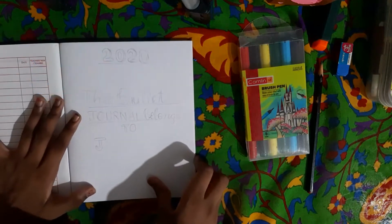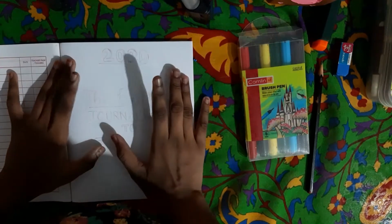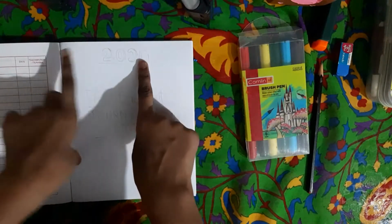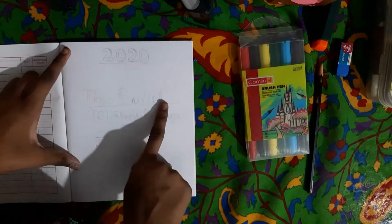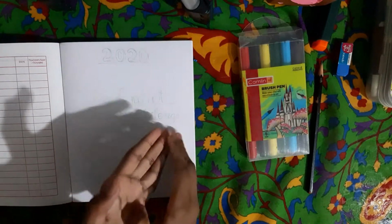So let's get going. So the first design I have right here, friends, today, as you know, is the starting month of July. So I wrote it as 2020, and I'll also be starting from July only because I have never tried it, right? So first, in the first page, I have written this bullet journal belongs to,